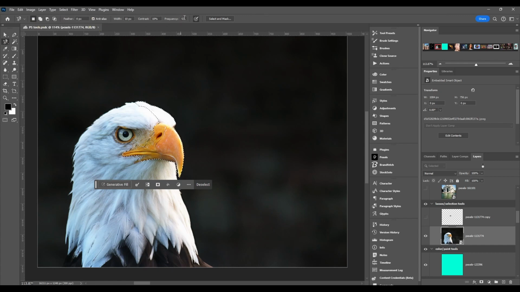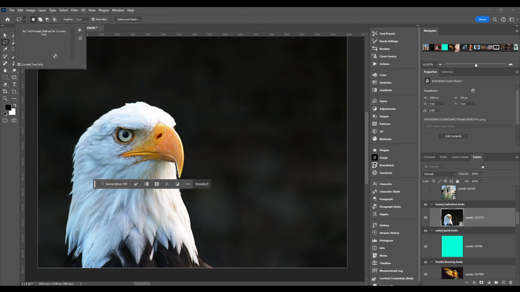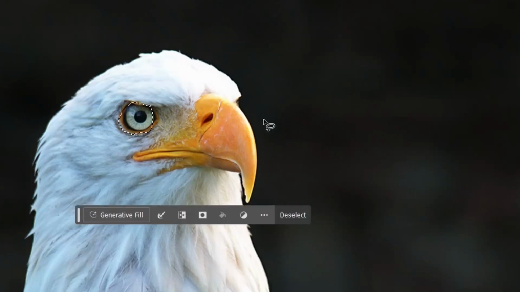Top options are pretty much the same, except we got width, contrast, and frequency options here. Obviously you got your preset options. This is kind of like the Pathfinder options in Adobe Illustrator. The first one is for new selection. If you have this, whenever you make a selection, it's gonna get rid of whatever old selection you had